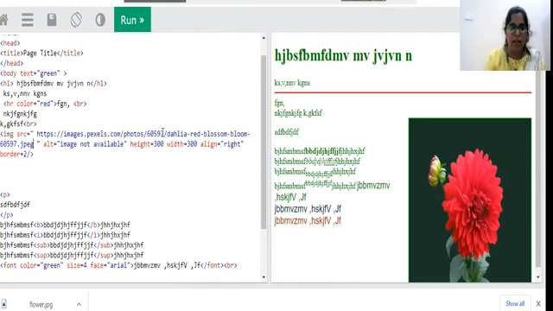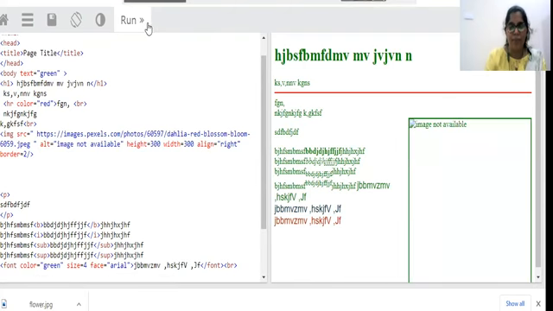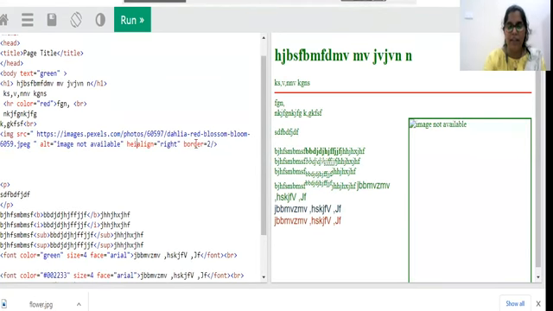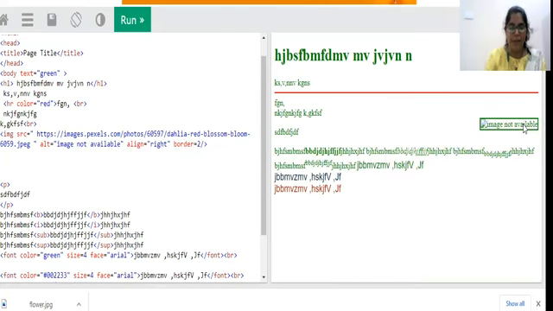Let me remove this, let me make some small change so that it may not give us the image. So here you can check the alternative message is being displayed, "image not available". Here we have mentioned an alternative message, image not available. The same message will be displayed here, but the height and width which we are mentioning here will be applied as usual. Okay. What happens if we are not mentioning height and width? Obviously, it will take a small part.